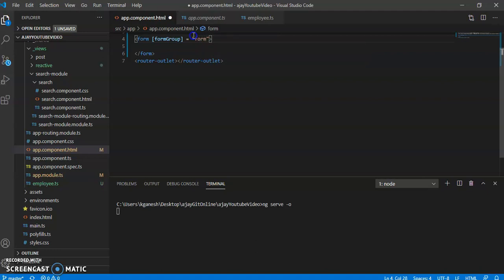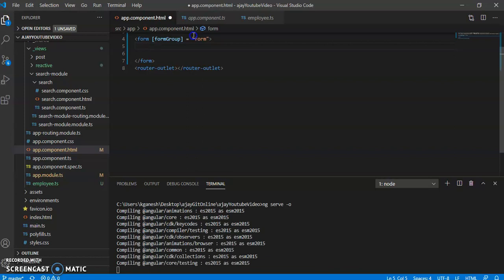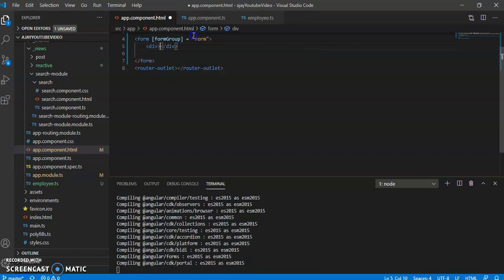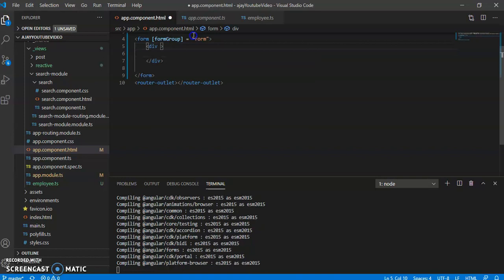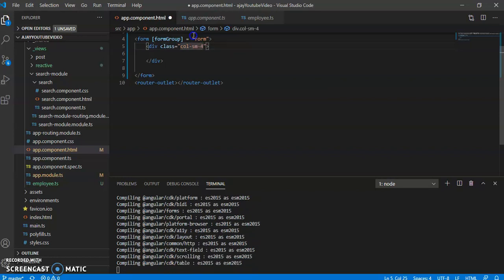What are form controls? Form controls are nothing but your inputs like text boxes, radio buttons, drop downs, autocompletes, etc. Now I am creating an input tag. I am using a little bootstrap for this, class col-sm-4.